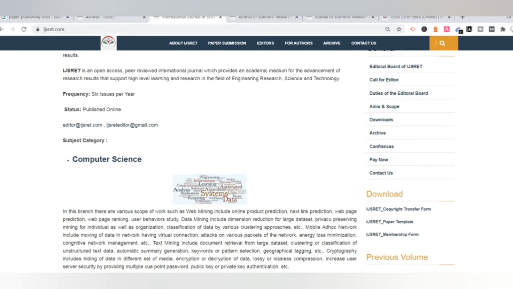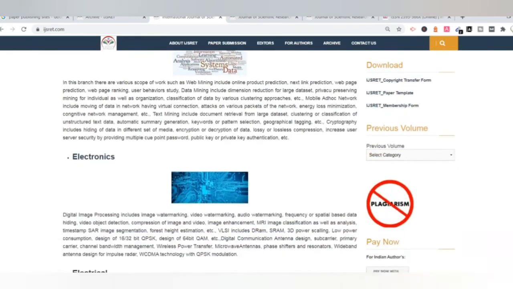To check the publication fees option, this is a pay now, which means they have publication fees,